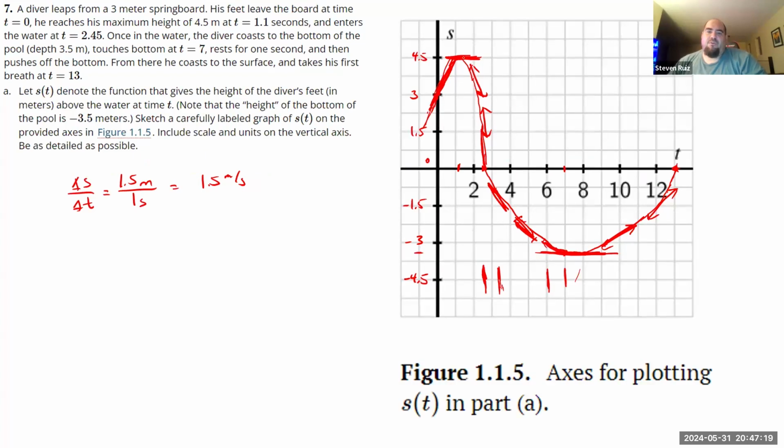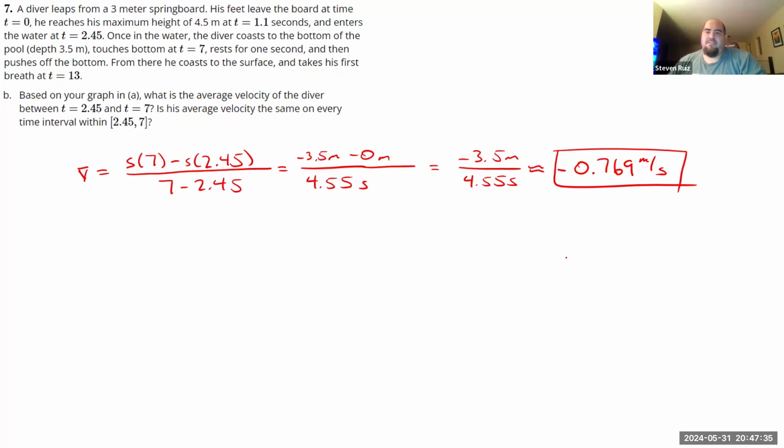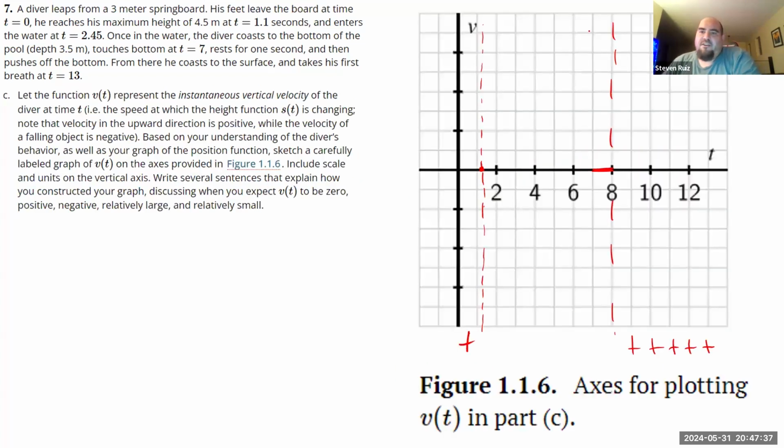So at time equals 1.1, I reach a maximum, and then it starts going downward. He hits the surface of the water at 2.45 seconds, hits the bottom of the pool at time equals 7. So I believe from time equals 1.1 to 7, I should have negative